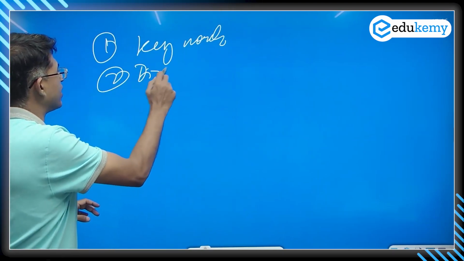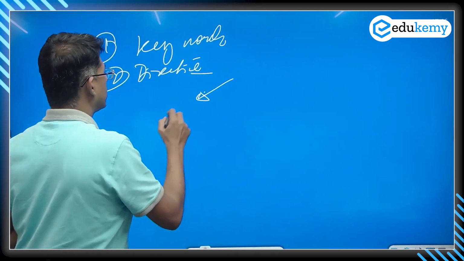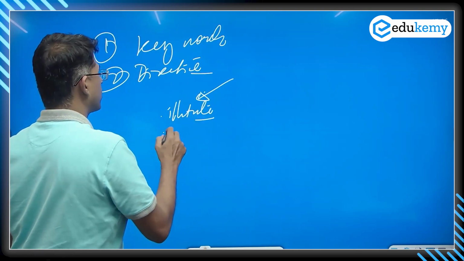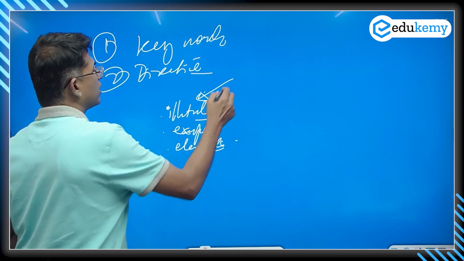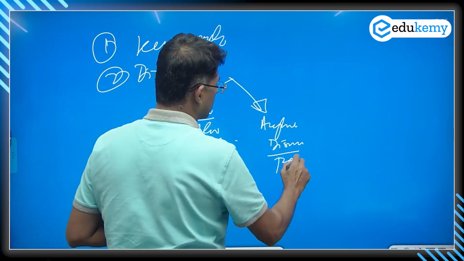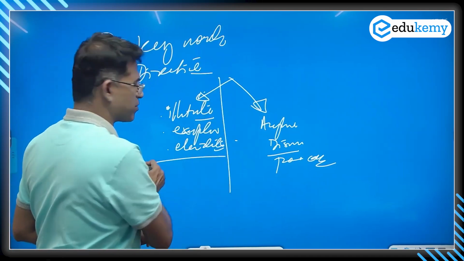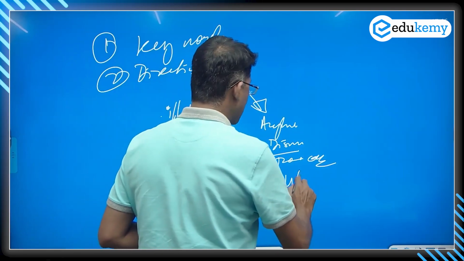The question has a directive. Is it saying analyze, explain, comment? Largely, I'll categorize all these key directives into 3 categories. One is the illustrate type. Illustrate, with examples, elucidate, simplify, explain it to us. The second type will be analyze or discuss. In this, pros and cons come in. In analysis and discussion type, you've got pros and cons. The first is more straight types. This is the what type of questions. This is the why type of questions.